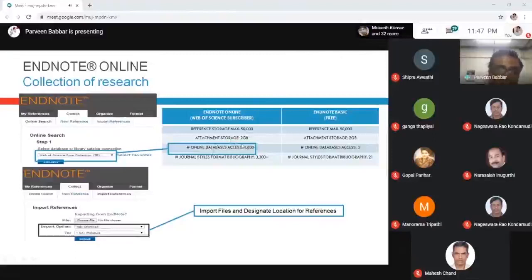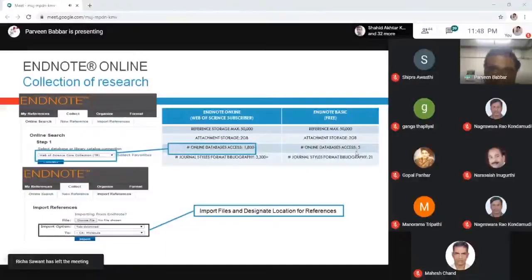If you are using EndNote Online only, you can use the 2 GB storage capacity for references in your online library. You can also access near about 1800 plus databases freely, and journal style formatting for bibliography near about 3300 plus. These are the journal style bibliography is 21, and online database access is 5 here.